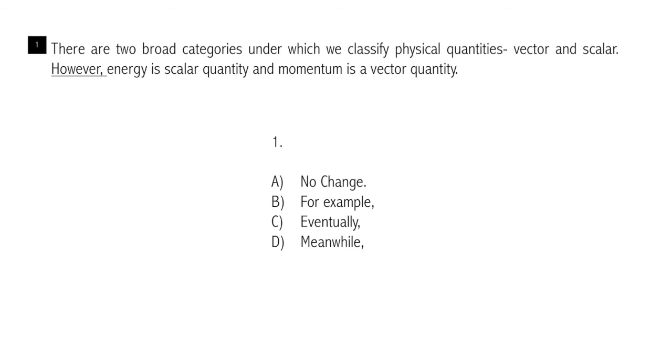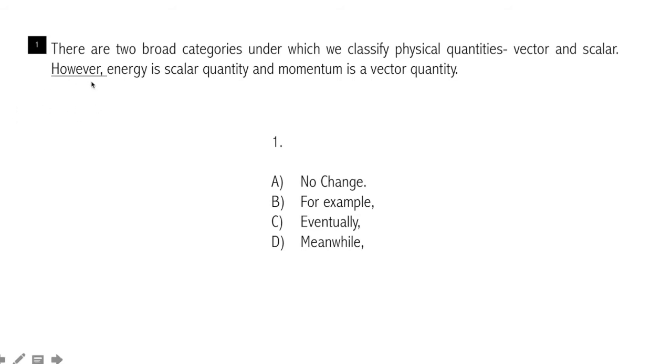So there are two broad categories under which we classify physical quantities: vector and scalar. However, energy is scalar. It is a scalar quantity. There is a missing word over there, and momentum is a vector quantity, right? Now,